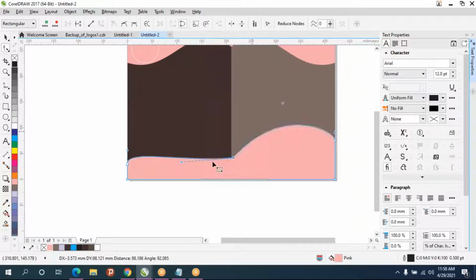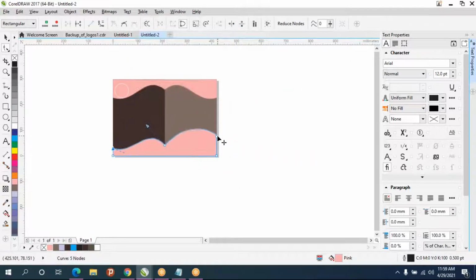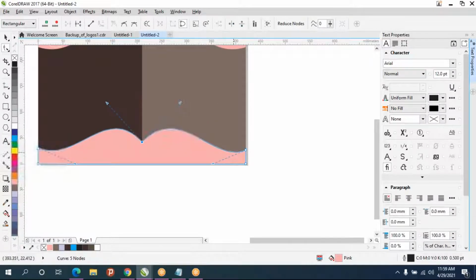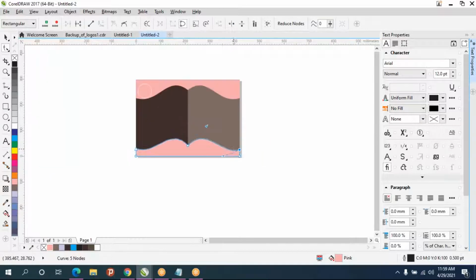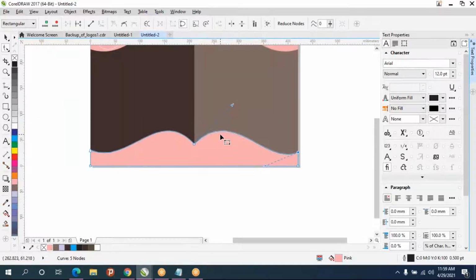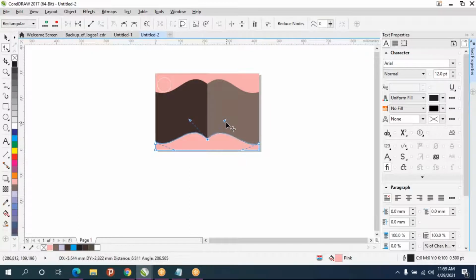Cusp node means you can adjust the points individually. So by using shape tool only, you can create any kind of designs.